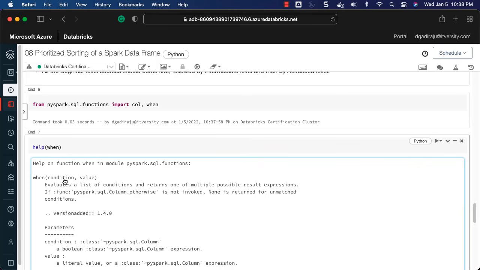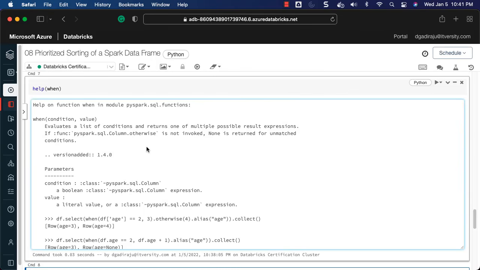So if you say when, then a condition comma value, then dot otherwise a value, then if the condition is satisfied, this will be returned. If the condition is not satisfied, whatever is passed to otherwise on top of when will be returned. So using when and otherwise, we should be able to come up with the required logic to assign 0, 1 and 2 to beginner, intermediate and advanced respectively with respect to the suitable for column as part of our data frame